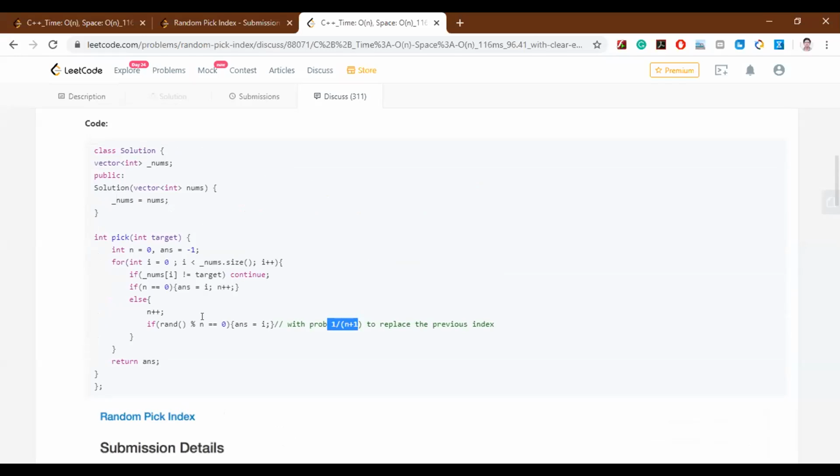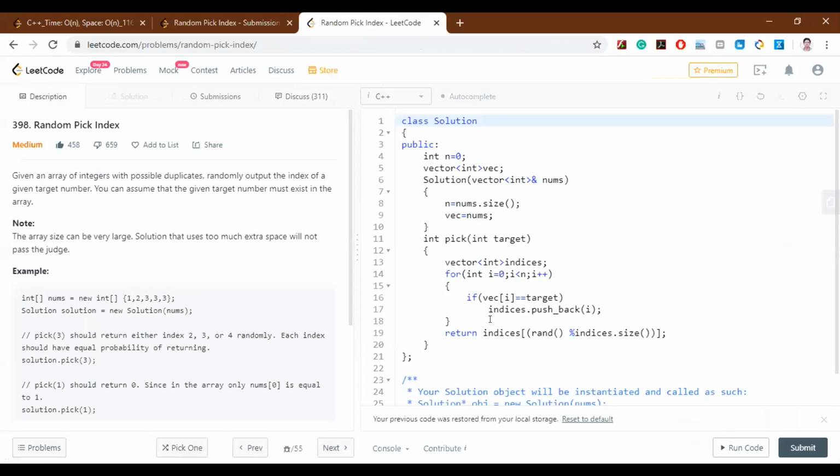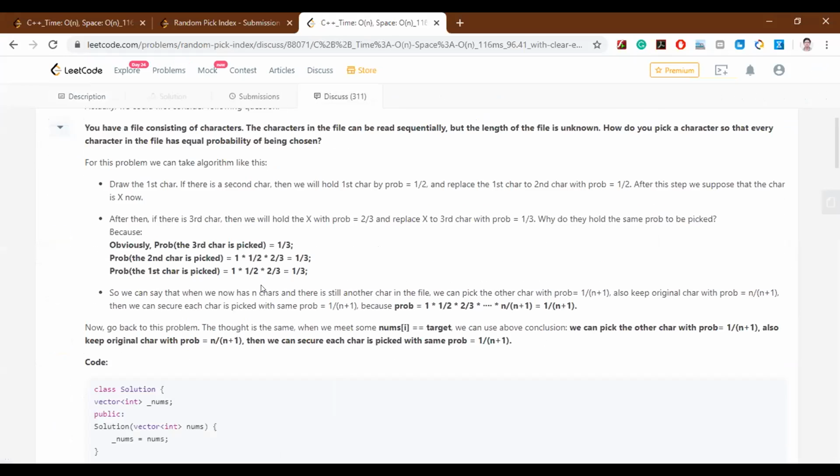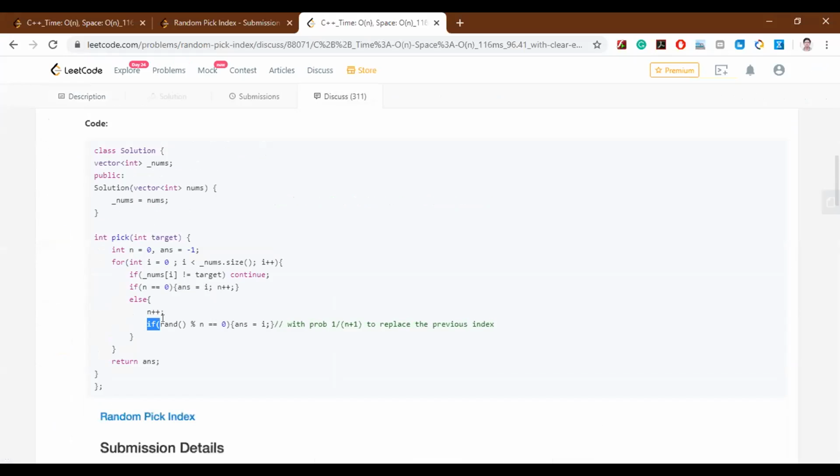Even in your case, Ankur, you are actually enumerating the full array, right? Yes, I'm iterating. So he's doing the same thing, though you are doing the extra work. I'm doing extra work because I'm taking an extra array. You are also almost doing the same thing. But what I did is I'm calling the random function only once, and he's calling it in the loop. So it may be possible that he calls the random function more number of times.